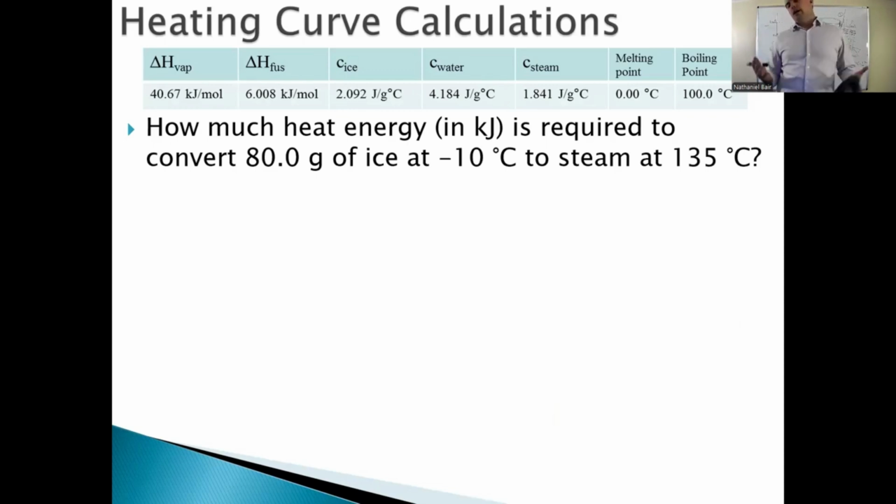So we have a whole bunch of constants at the top. I want to know how much heat energy in kilojoules I would have to put in to take an 80-gram block of ice out of my chest freezer at -10 and turn it into steam at 135. I don't know why you would ever do this, but maybe I'm taking that 80-gram block of ice out of my chest freezer and I'm putting it in